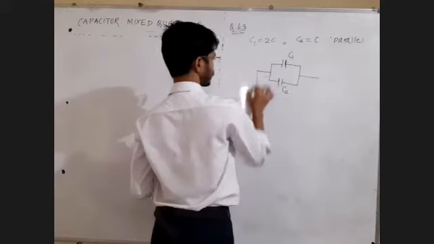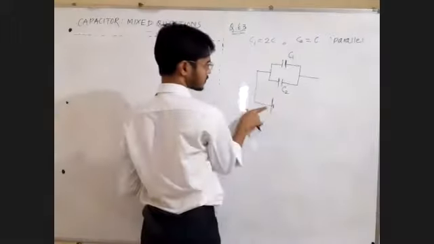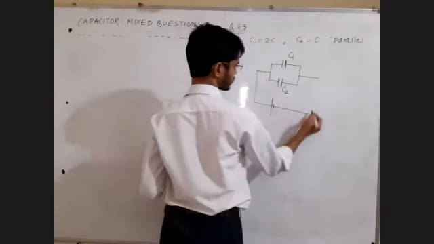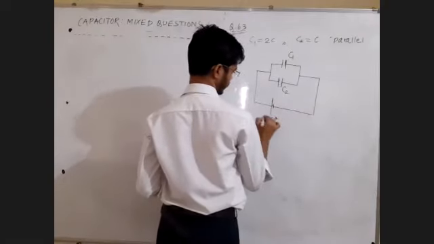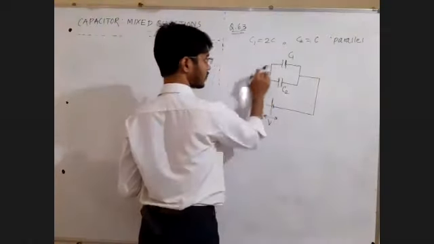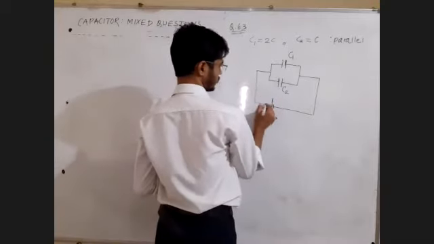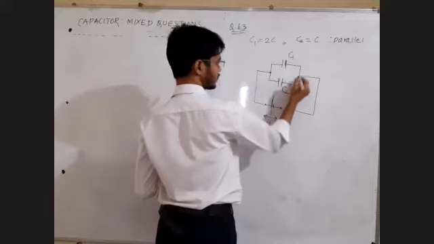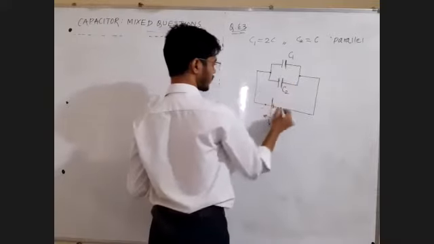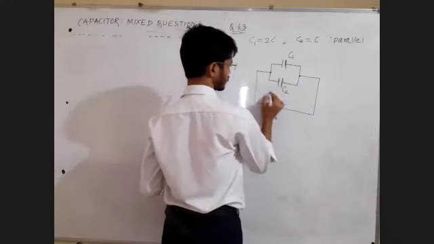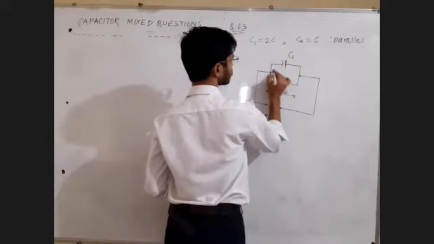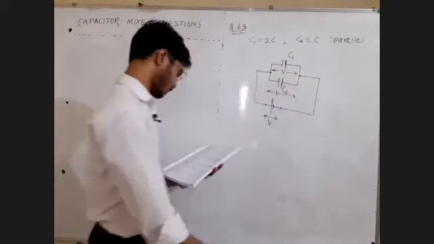Let us charge these two capacitors. See, the symbol of a battery is different from the symbol of a capacitor: equal length parallel lines for a capacitor, non-equal length parallel lines for a battery. Let's say the battery potential difference is V. This point is the same as this point, there is only wire, so the potential of these two points is the same, or these two points are said to be shorted. In physics we call them shorted points. So the potential difference across both the capacitors is going to be equal to V.